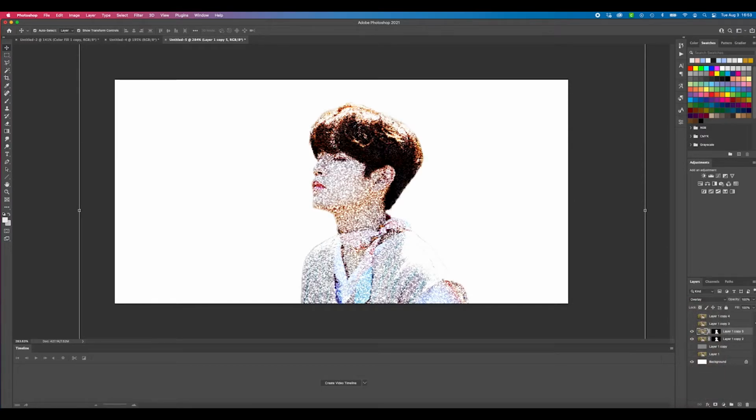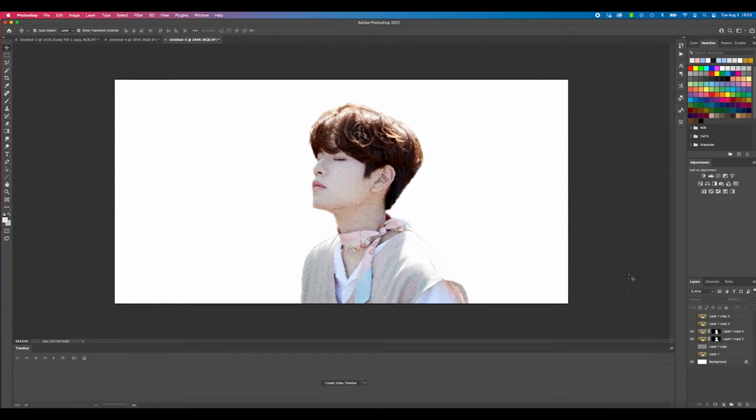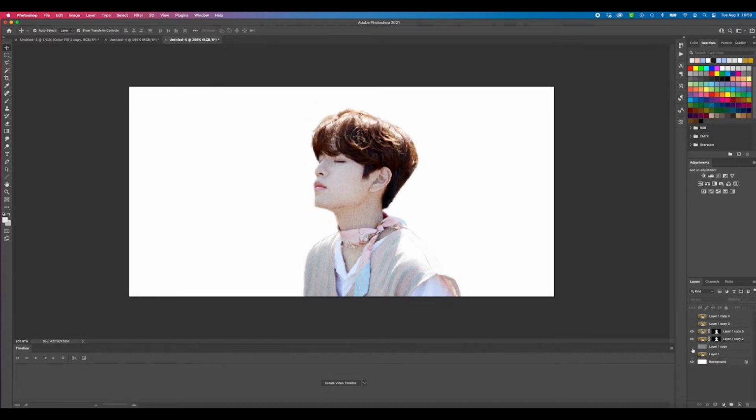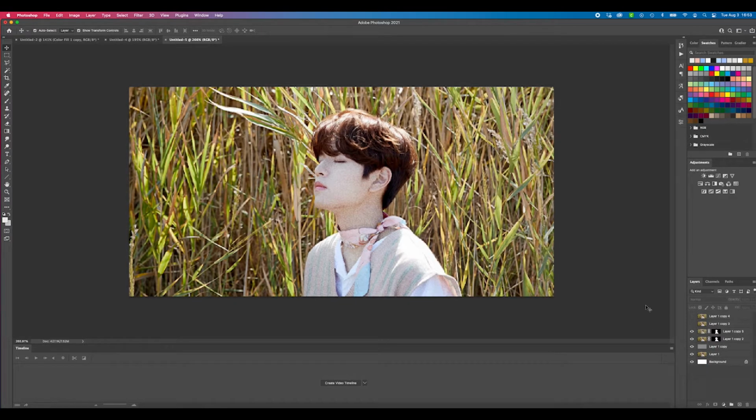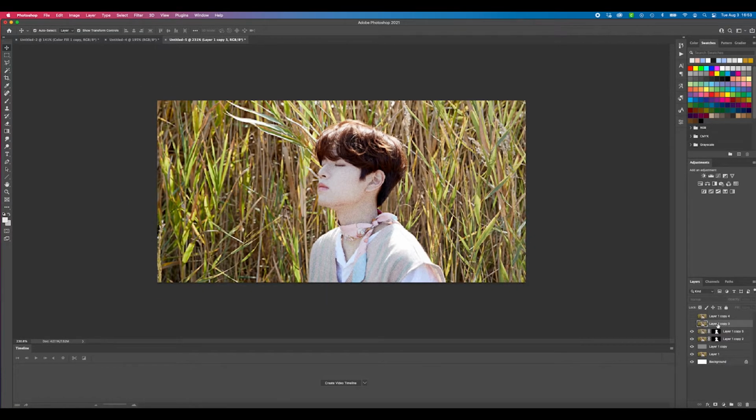Then I usually put this on overlay, and then the fill down to like 12% or something, I think is what it was. So then there's just a slight green to him. And since it's on the layer that has the background deleted, it's only applied to some of them. So with one of the other many copies we've made, put this below the two copies that are